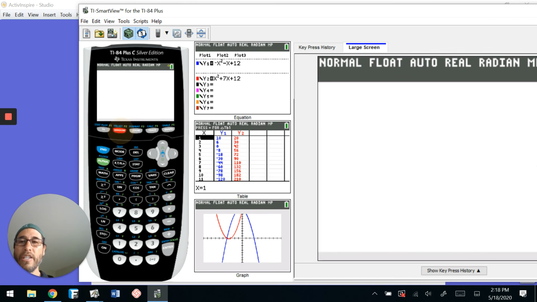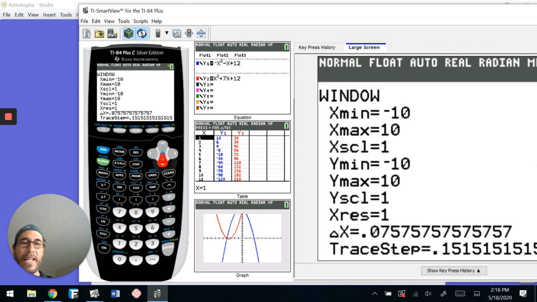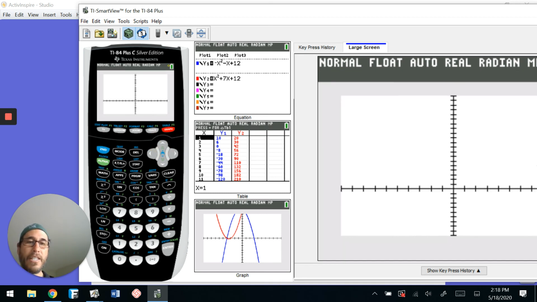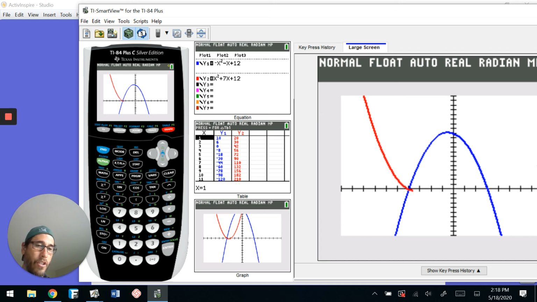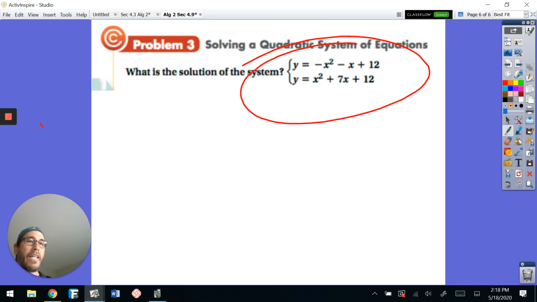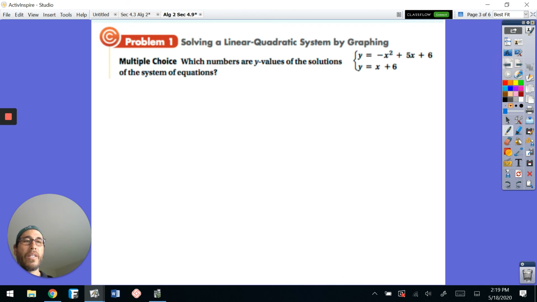All right, so we better adjust the window. If I'm not mistaken, I need to go a little bit higher here. And I'm not sure exactly how high, so I'm just going to go to 20 just to be safe. Okay, and this is probably going to give me a better graph. There we go, the blue one. Now let's get the red one going right here. There's 1 time, 2 times. All right, and just as easy, I'm not going to go through it again, but you guys all know how to check those. I do want to state a couple of very important things because we didn't do many today,